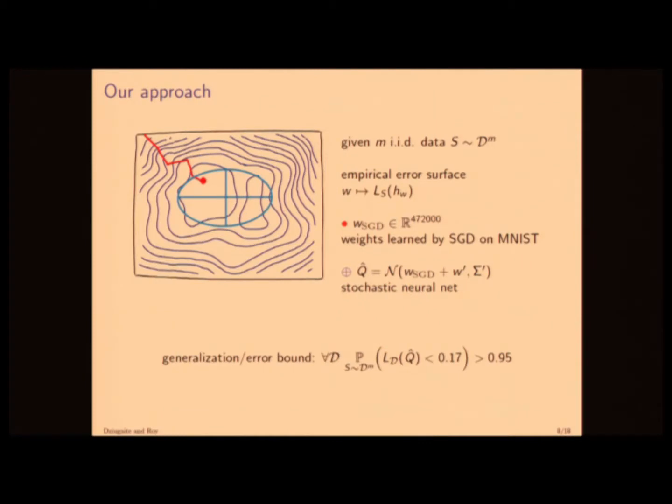And at the end of the day, what the numbers come out to is that the network that we find in this region near the SGD solution, the stochastic network, its risk is bounded by 17% with high probability. Now, its actual risk is closer to 3%, which is pretty bad. 3% is pretty bad for MNIST. Part of the reason that is so high is because the bound is so loose, and I'll talk more about why the bound is so loose. Now, this number 17 is loose as well. I think people who maybe don't know what these bounds generally come out to might be shocked to see that number. But I was actually very pleased to see that number.